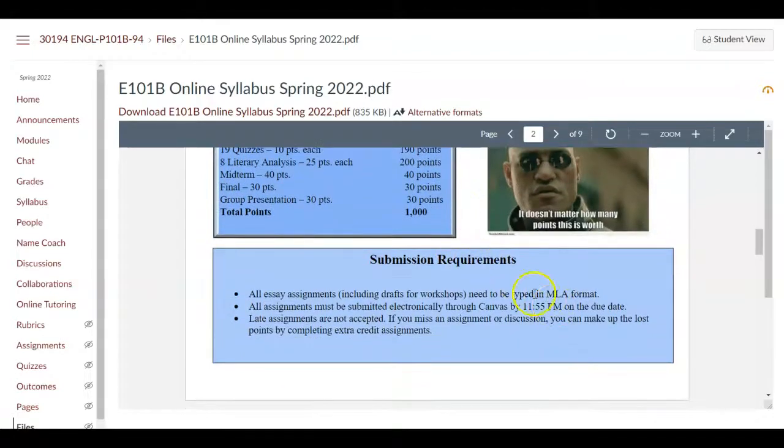Notice that all of the assignments are due by 11:55 p.m. on their due dates. I am not up at 11:55 p.m. I go to bed early because I get up very early. So if you have any problems, then you should try to submit your assignments during my office hours so that if you do have problems or you do have questions, you have access to me right then.